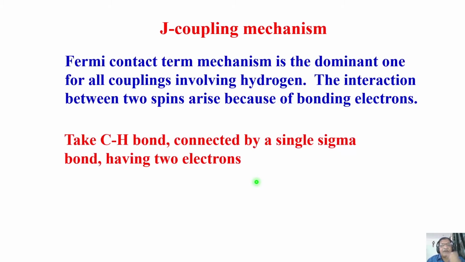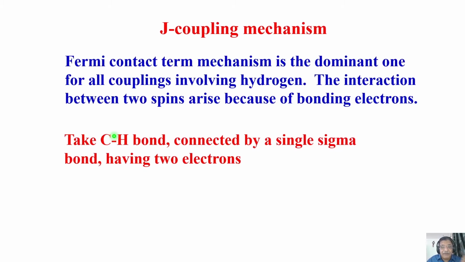And we will start by taking an example of a single CH bond. Here, carbon-13 is an interacting spin. Carbon-13 has spin half. Proton has spin half. I'll take the CH bond. So when both have spin half, both are tiny magnets, I said, they will interact. The nuclear spin of carbon can interact with the nuclear spin of hydrogen. In other words, the magnetic moment of this carbon can interact with the magnetic moment of this hydrogen, this proton.